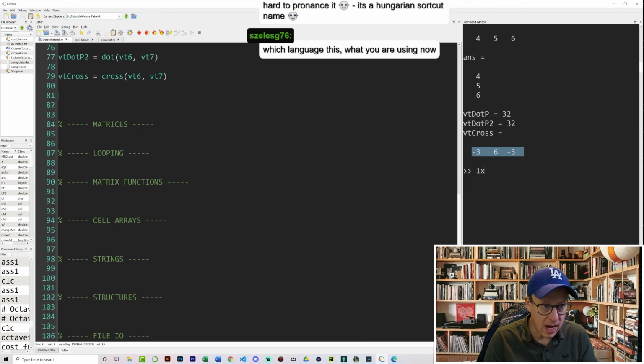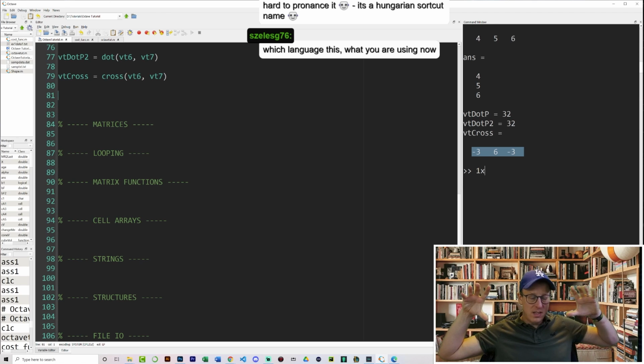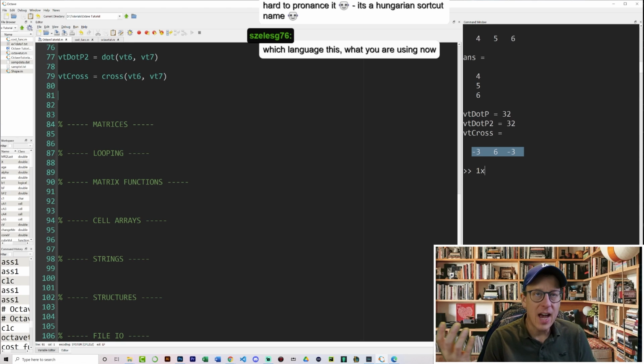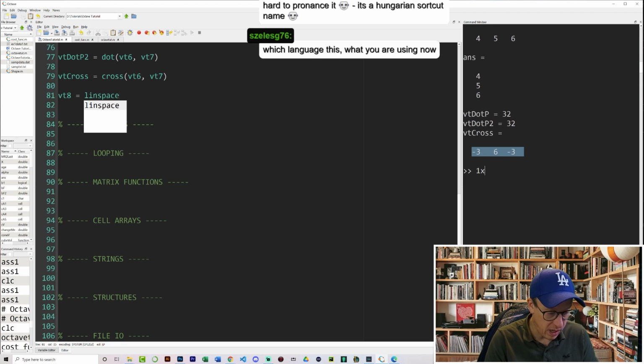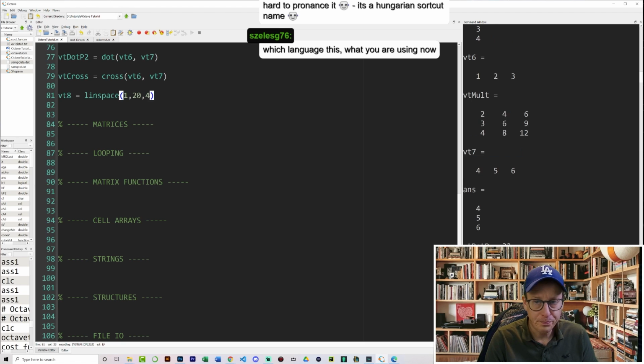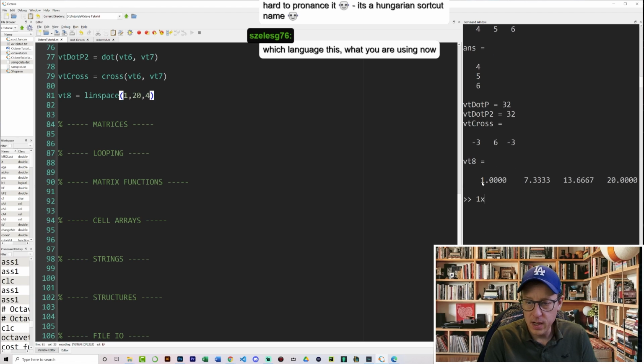Because first I want to show you how to create linearly spaced vectors. So let's say we wanted to have values between 1 and 20, and you want to define a certain equal amount of space between those different values in your vector. You can go linspace like this. I'm going to say 1 through 20 and 4. And we won't put the semicolon because we want to see the output. There it is. And you can see that it generated 4 values, and they are all equally spaced. So that's what it does. So 4 values between 1 and 20,